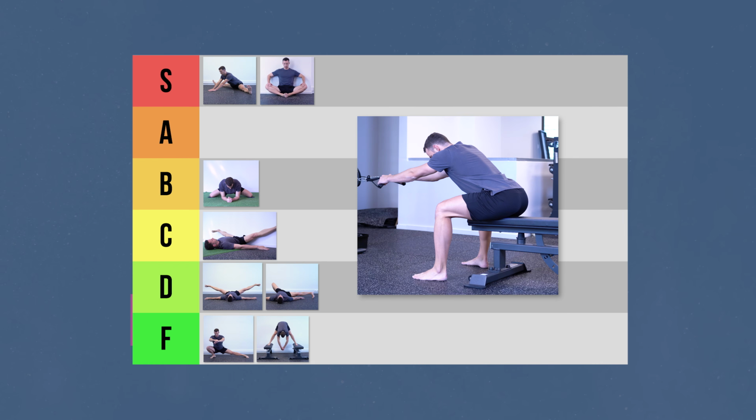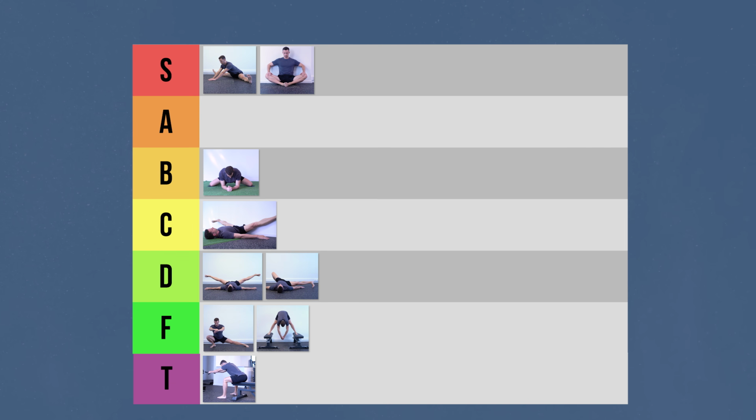So, it's a loaded stretch that will probably skyrocket your soreness the next days, performed only with one method, the active dynamic, immense systemic fatigue on the lower back and legs, and the suboptimal position for the short adductors. It literally ticks all the wrong boxes, and since it's much worse than the other exercises on the F tier, I had to make a special tier just for this one. Let's call it a T for terrible.